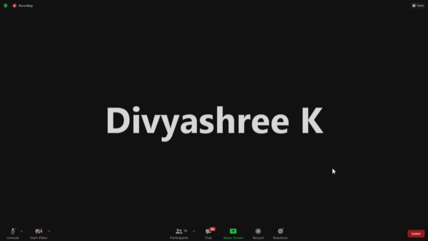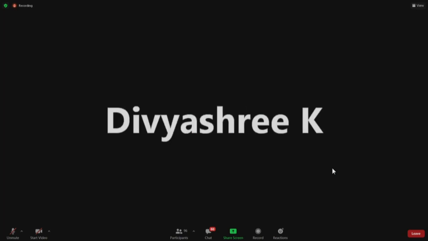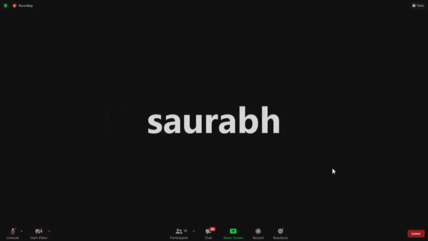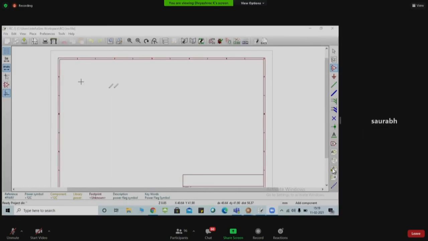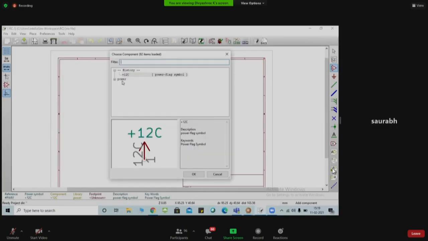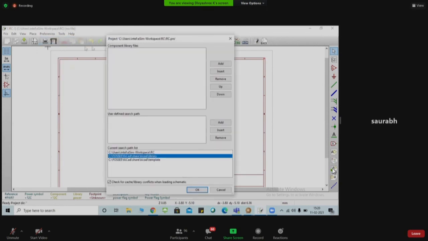Excuse me, sir. Now also I'm not getting any symbols, sir. Okay, can you share your screen once, please? Press escape once. Go to preferences, then component libraries. Click on add.